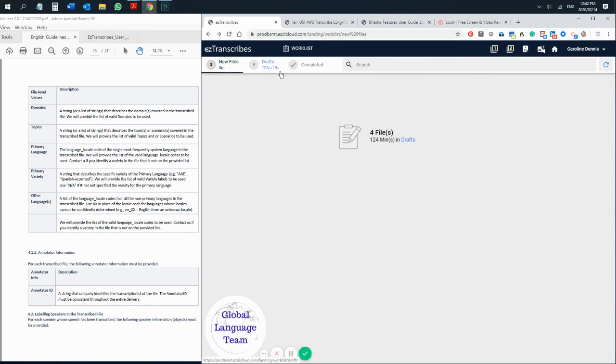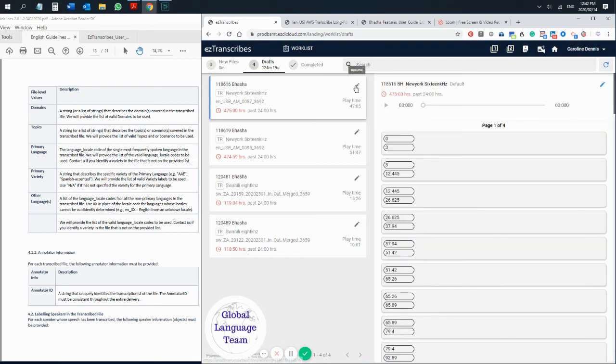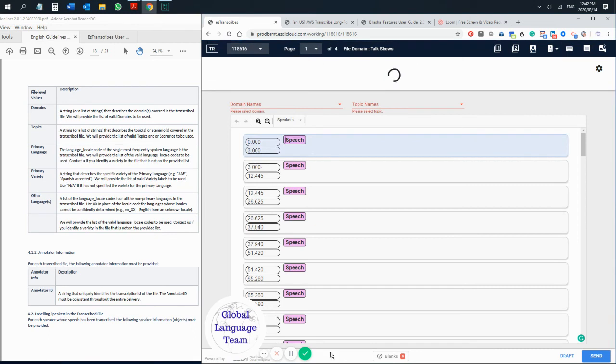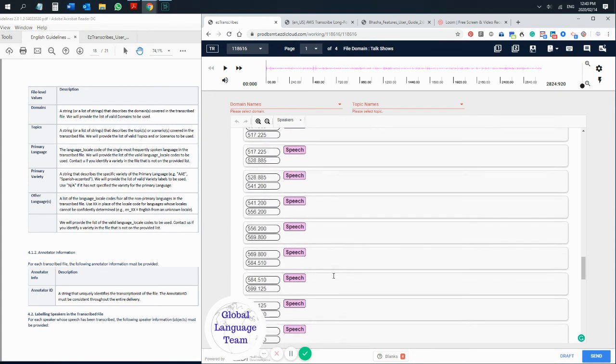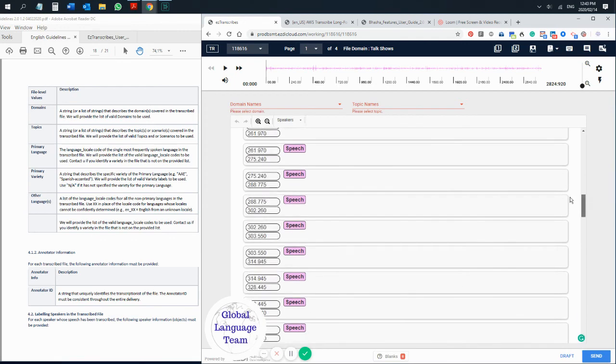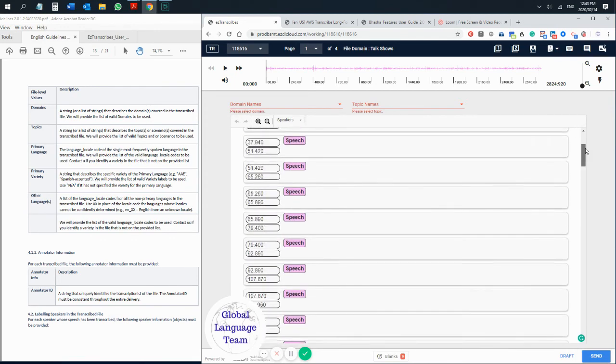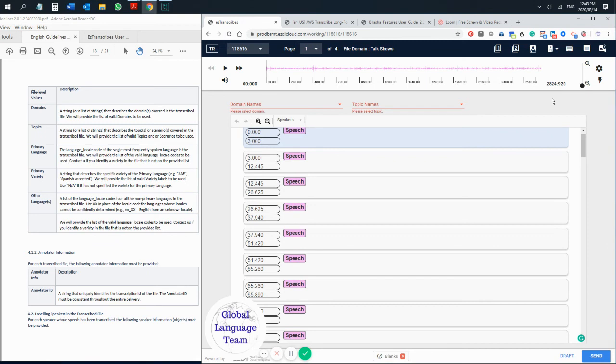If you want to send your file, at the end of your file, when you've completed everything, just give it a quick proofread. Make sure that each segment has got the correct segment type, and a speaker if it's a speech segment. Just check for spelling, grammar, anything you've missed out. Words that you couldn't hear, sometimes you get used to someone's voice, you can replay that. So then once you're done here, you just click send and it will take you through to a new screen